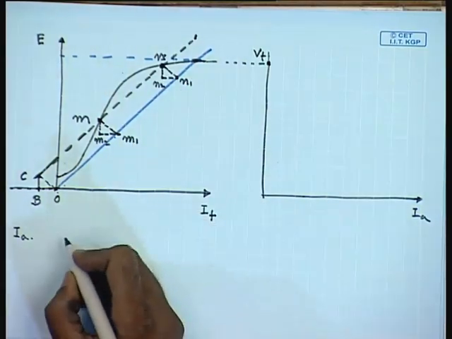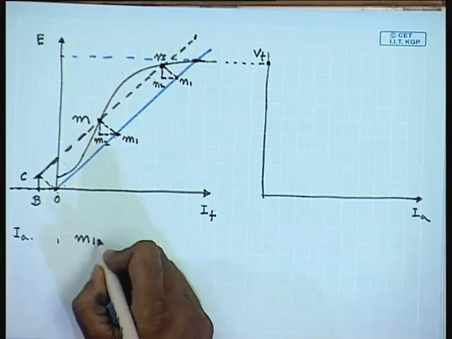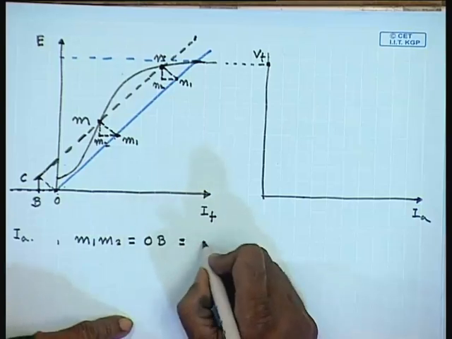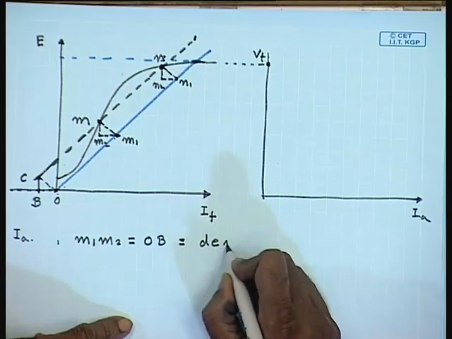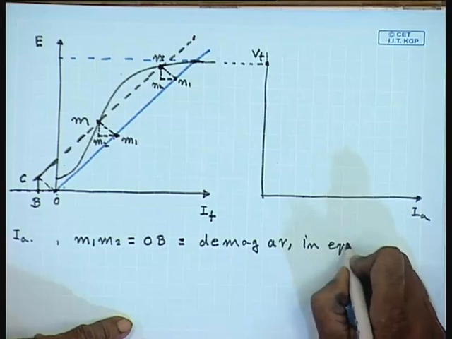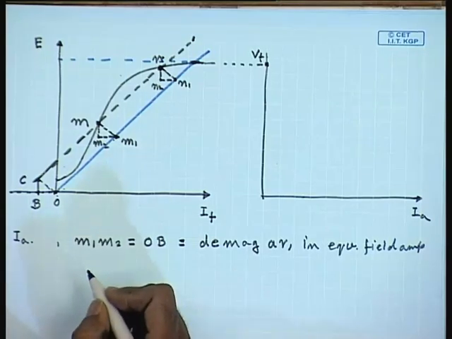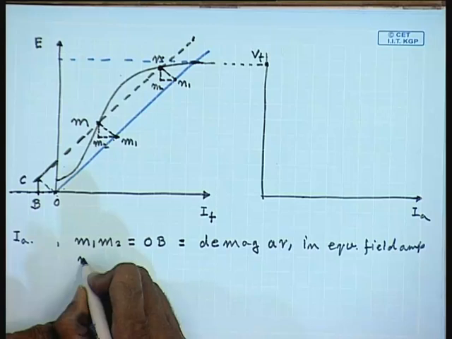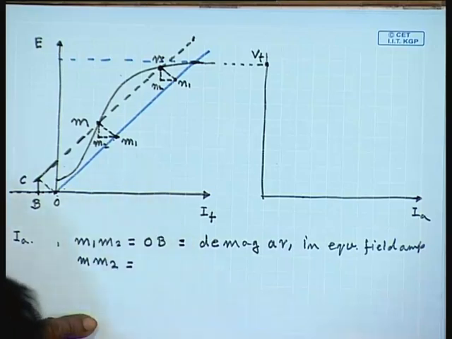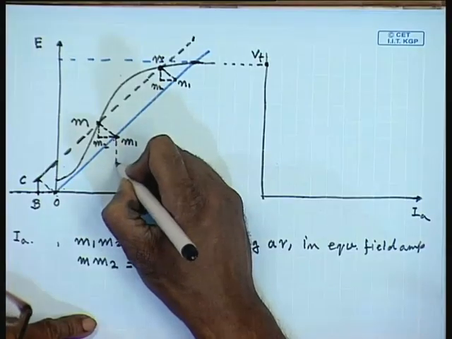Obviously, M1 M2 equal to OB, which is equal to the effective demagnetizing armature reaction in equivalent field amperes, and M2 equal to IA RA. Therefore, for an actual field current corresponding to